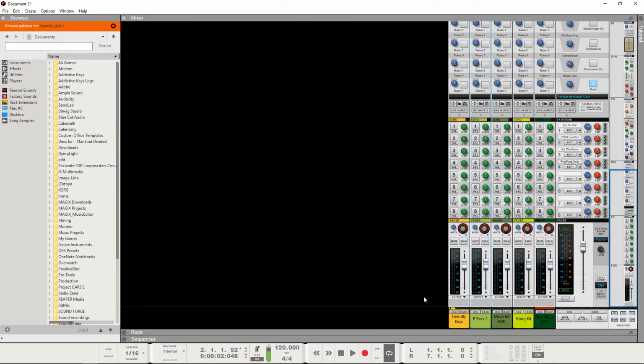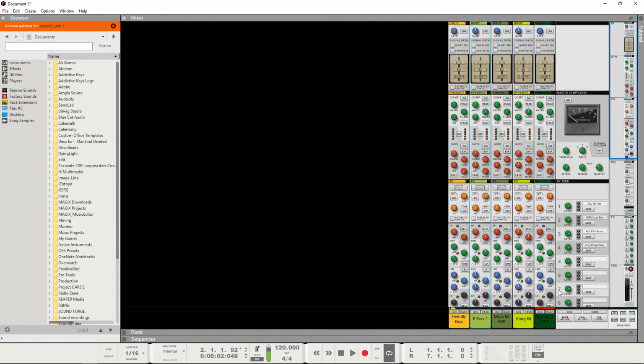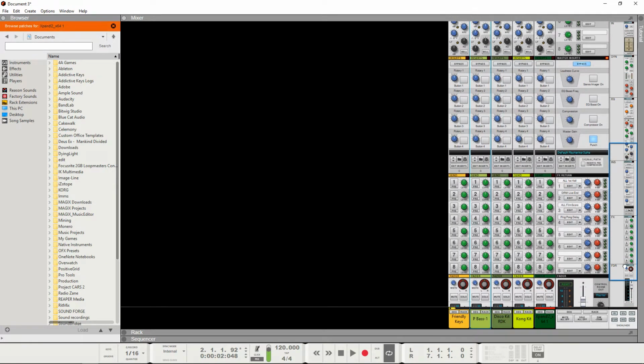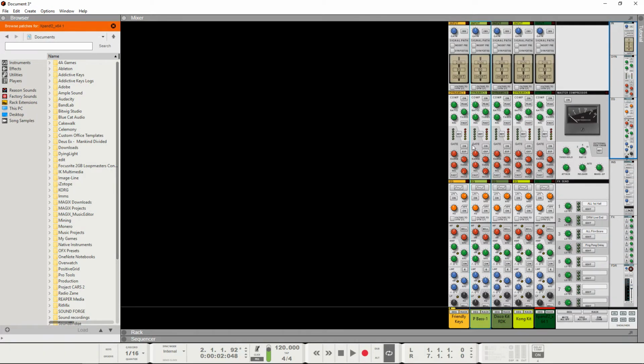The mixer is kind of laid out like a real-world console, where you have a lot of sections, and you can easily jump to the section by using the shortcut bar over to the side here. You also get some essential effects built right into the master bus, and a ton of routing options for everything. So mixing can be as complex or as simple as you need it to be.